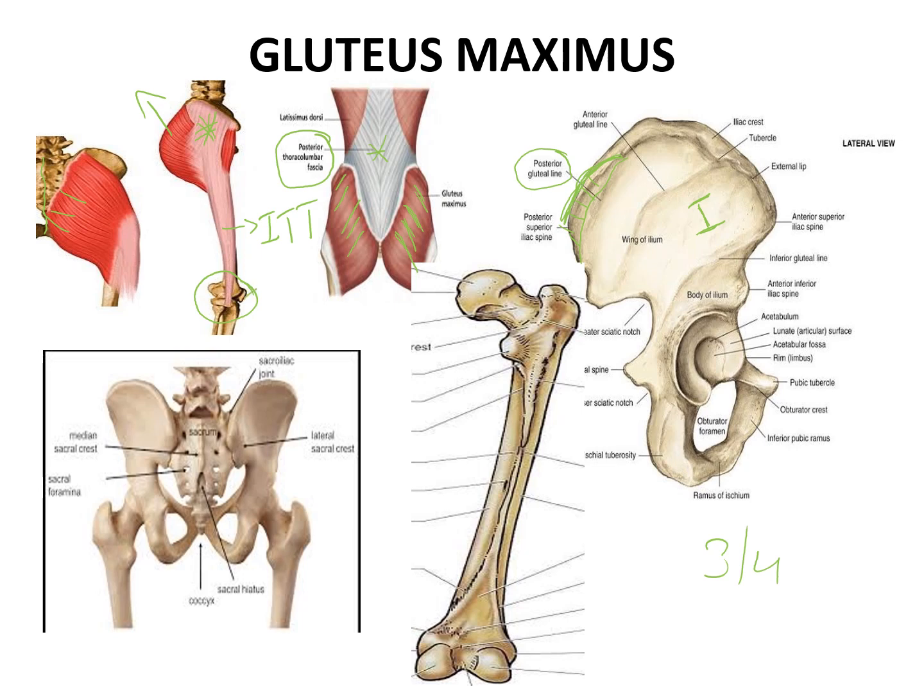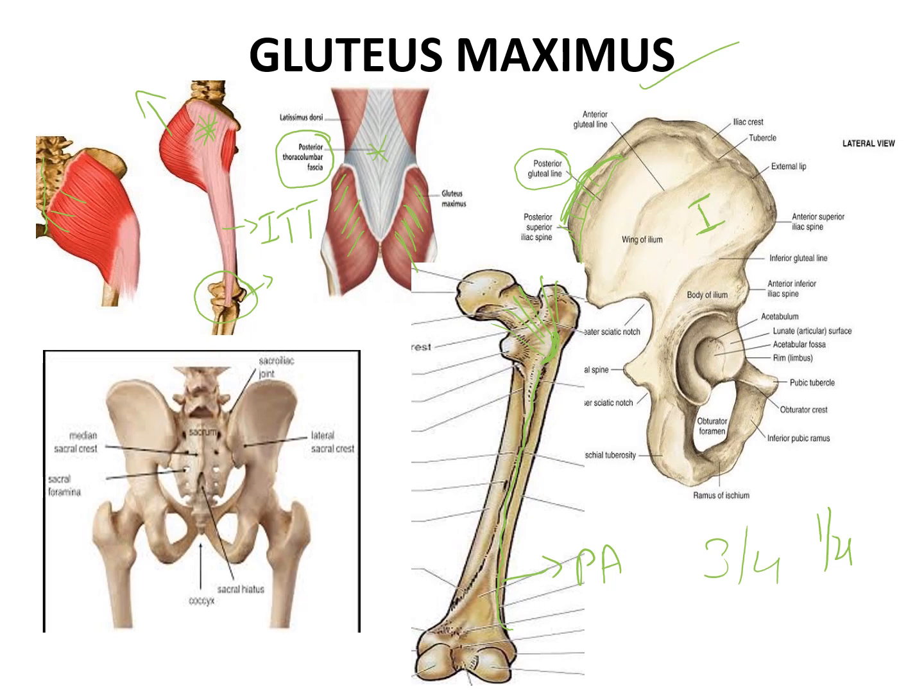It keeps the knee stable in extended position. 1/4 of the muscle will be attached to the gluteal tuberosity. Now where do you find this gluteal tuberosity? In the posterior aspect of the femur. If you trace the lateral lip of linea aspera, it becomes continuous with the gluteal tuberosity. To this gluteal tuberosity, 1/4 of the gluteus maximus muscle will be attached.